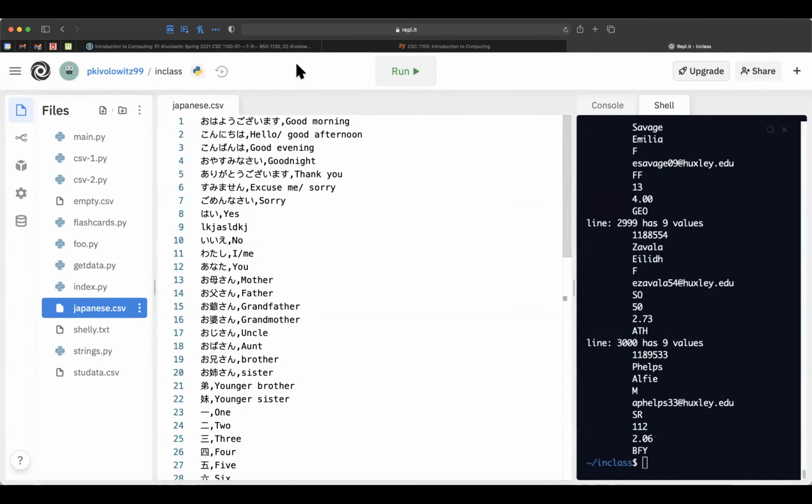Okay, other questions, please? Question, because I'm noticing in this format, you don't put a space after the comma. Yes, right. If you have a space, it will show up.